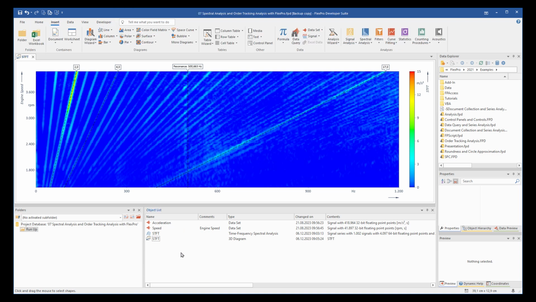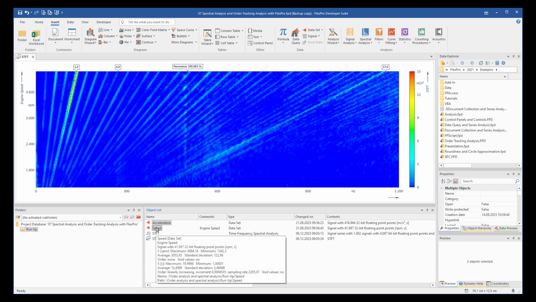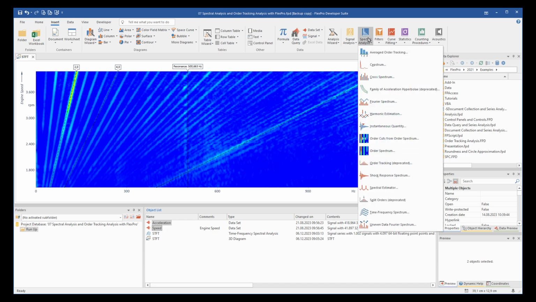I want to cut out the marked orders and plot the resulting order curves in a 2D line diagram. To do this, we first calculate a so-called order spectrum in FlexPro using the Revolution Synchronous Order Analysis object. I select acceleration and speed and create an order spectrum object under Insert, Analysis, Spectral Analysis, Order Spectrum.